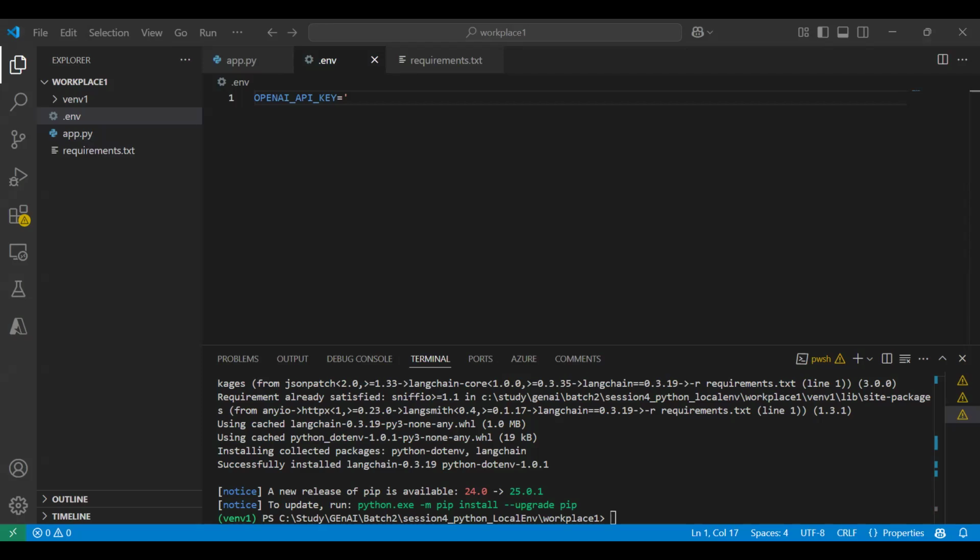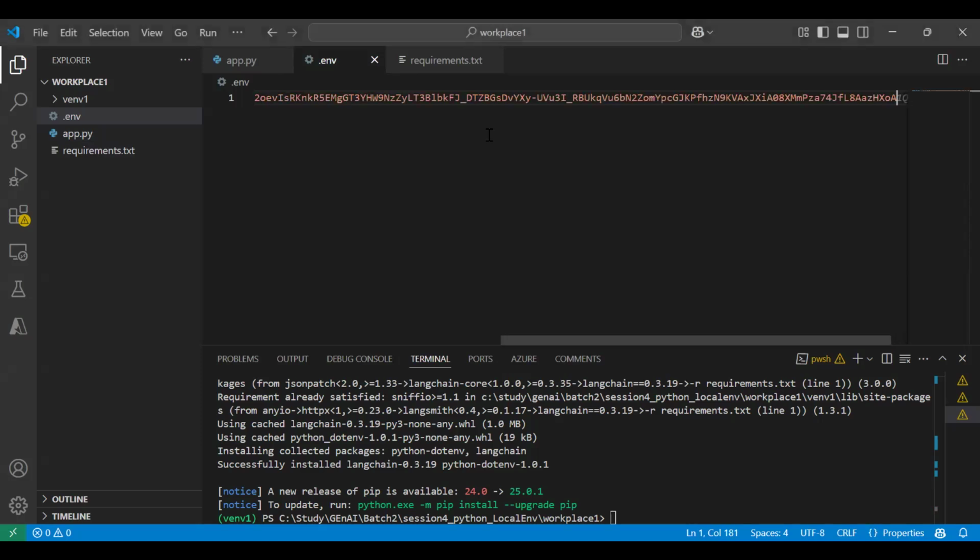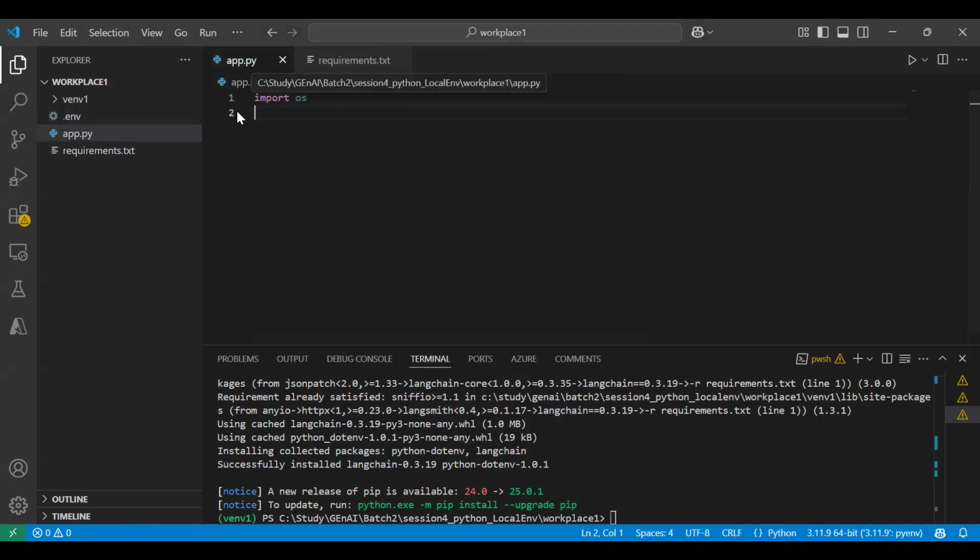So in this .env file, we basically keep all our keys. Okay, so I have put my OpenAI key. This is my property and this is the value. If I have some other keys, maybe LangChain keys, Mistral keys, or Gemini keys, I can put all those in my .env file. So this is basically a standard. I have put my key in the .env file, and what I need to do is load this environment file